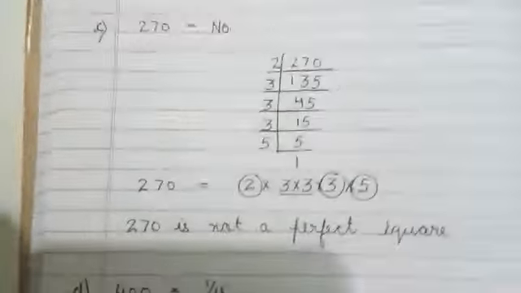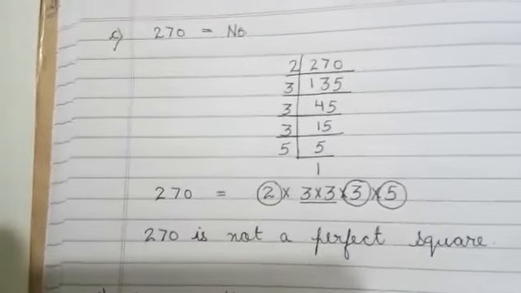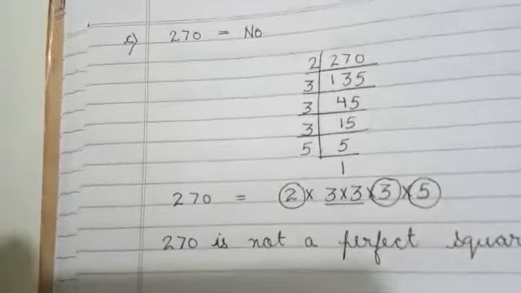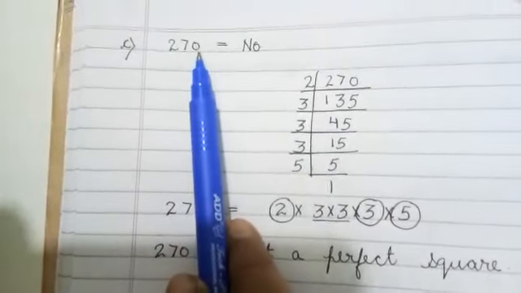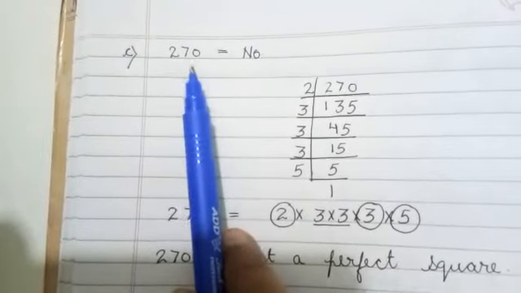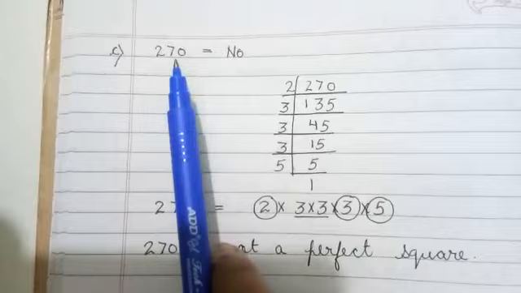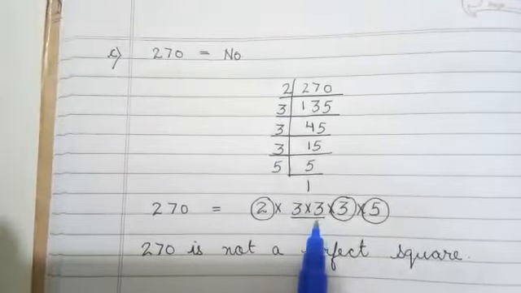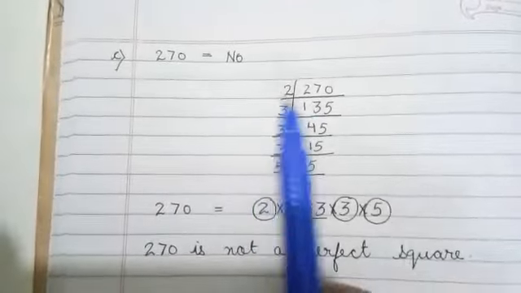Now let us do one more question, class. Now this is 270 here. Now see class, by the properties of squares, we can directly write here no, because in the last there is only 1 zero. And we know that in a perfect square number there are always an even number of zeros. But I have done it by the prime factorization method. You can write it directly also by writing the statement only.